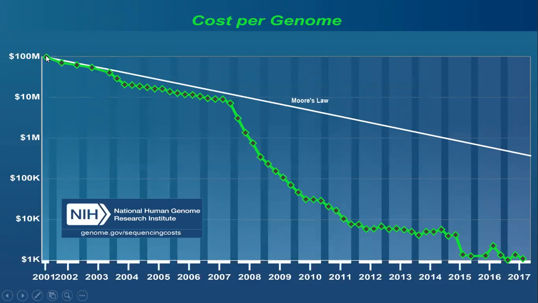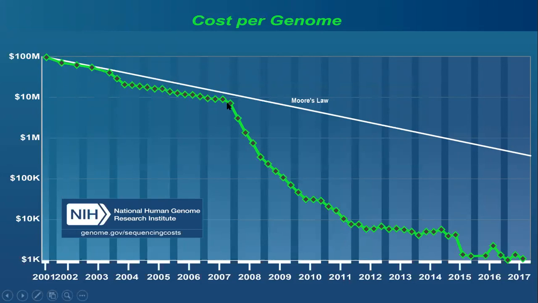Well, in the course of about 3 or 4 years, it gradually went down and followed Moore's law. You may be familiar with Moore's law. It's the idea that the density of information that you can put on a computer chip doubles, I think, every 18 months or so. That's how come the computers in your pocket are more powerful than the ones that would fill a room 30 years ago. And as you watch this curve over the course of about 7 years, the curve of sequencing followed Moore's law pretty well, and it went down by a factor of 10.